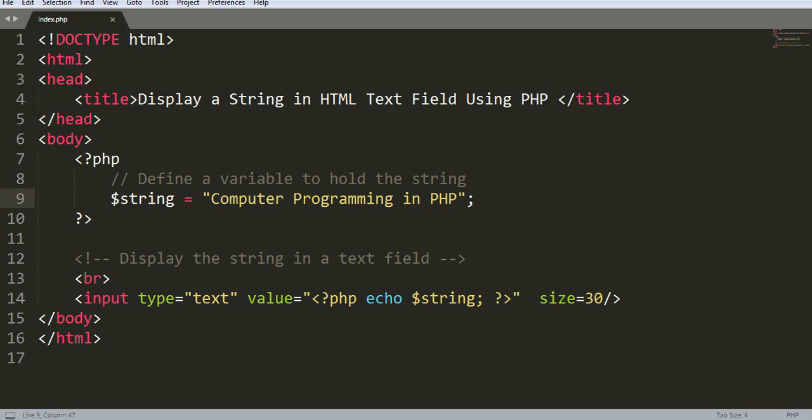Okay guys, so this is the end of our tutorial video on display a string in HTML text field using